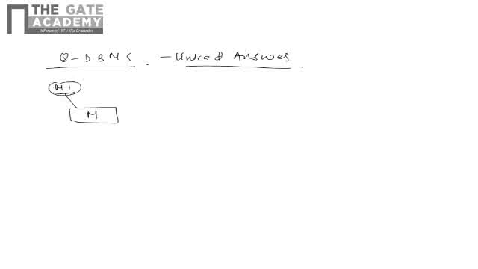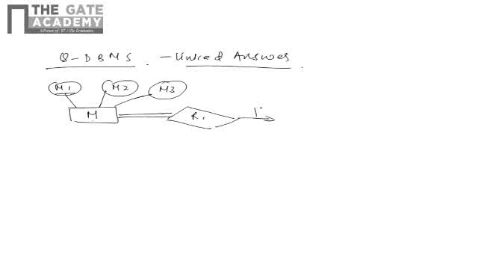The question is a linked answer question. The question asked is, consider the following ER diagram. They have given an ER diagram here. There is one entity, M1, and it is related to